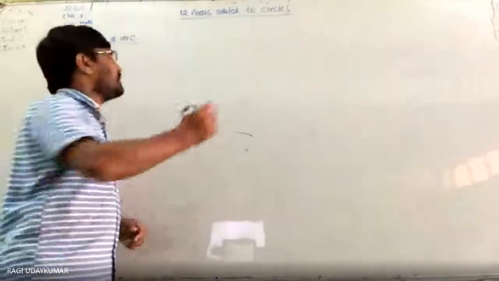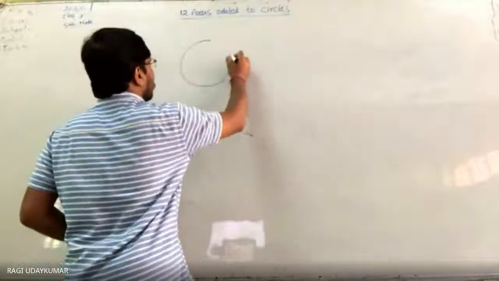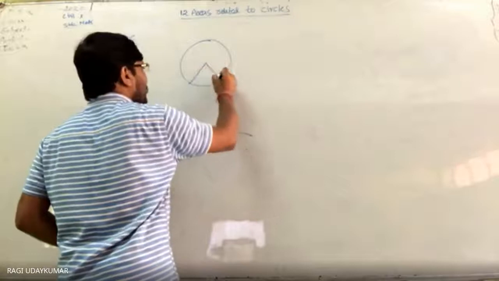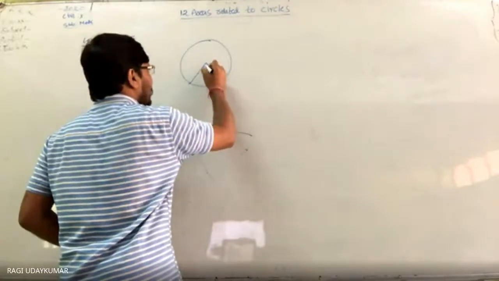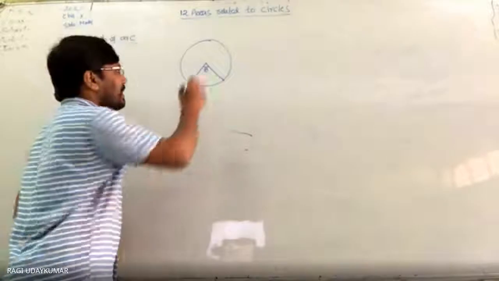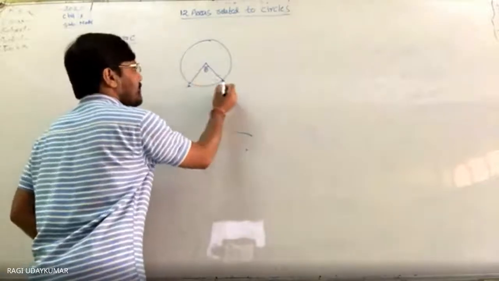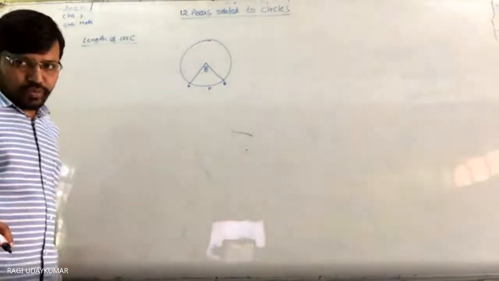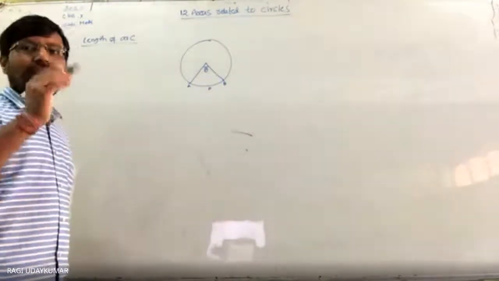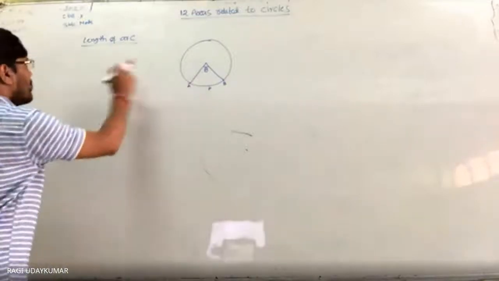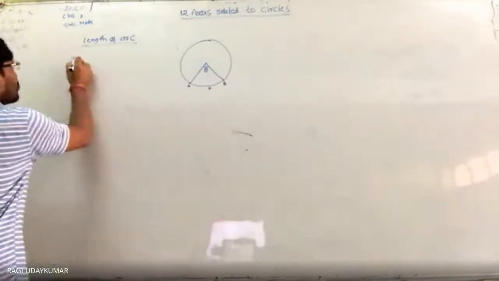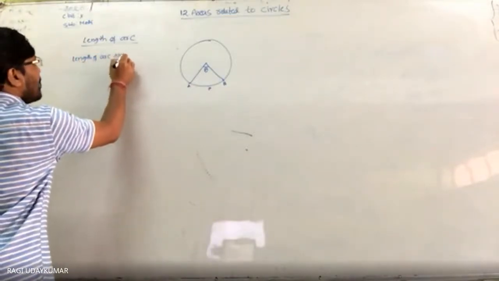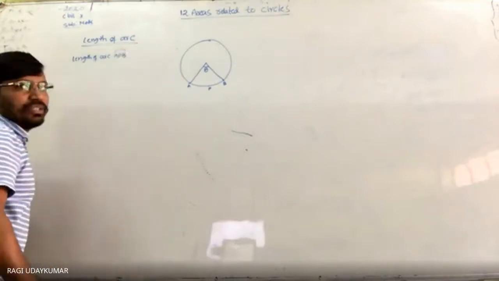So suppose you are taking this circle into consideration, ये एक part है. So if it makes an angle of theta degrees at the center, if this is an arc AB, बीच में P होगा, so the name of the arc will be given as APB, and upon that one curve will be given. So if you want to find this length, the length of arc APB, we have to write it like this.